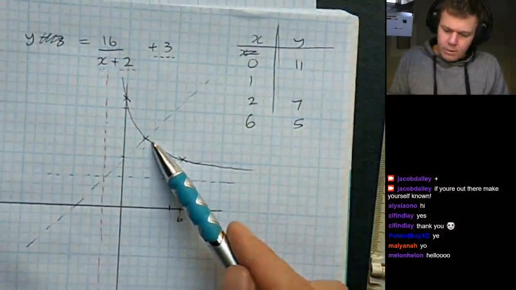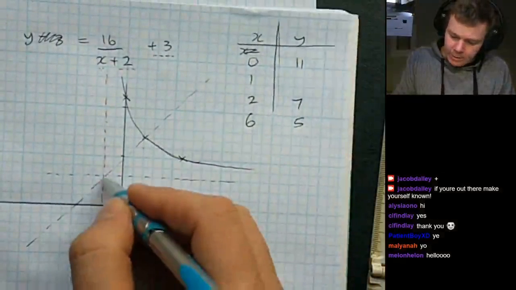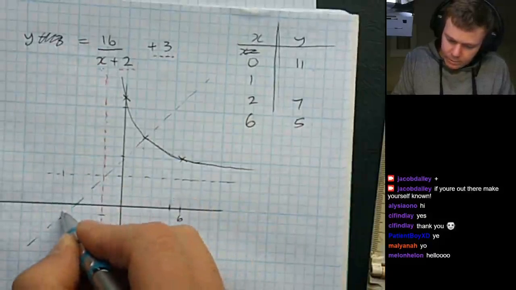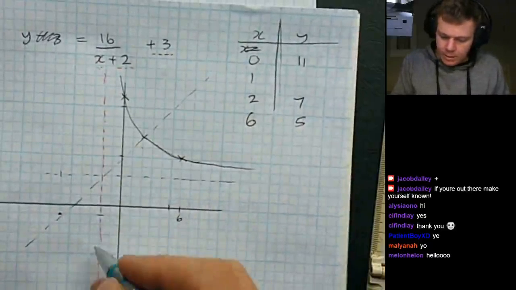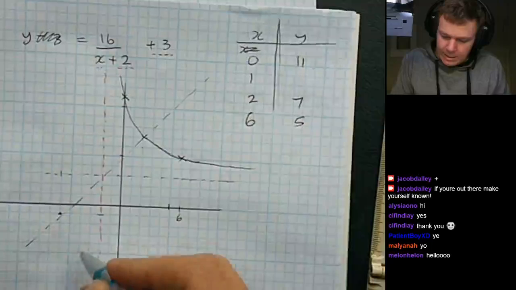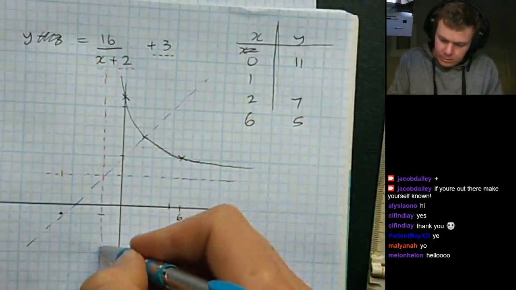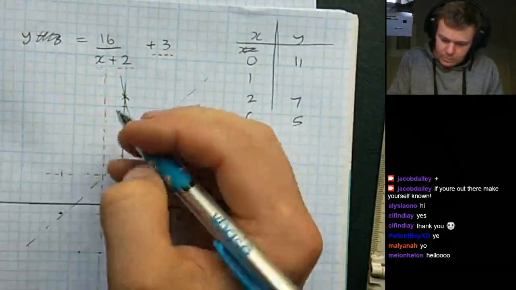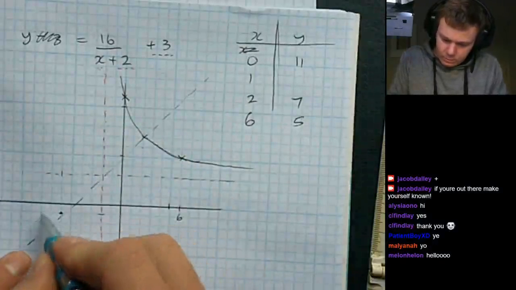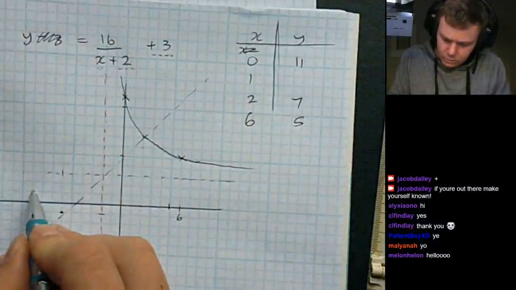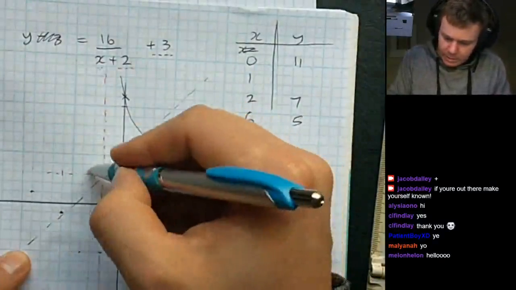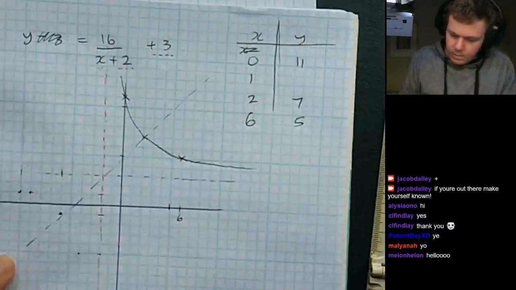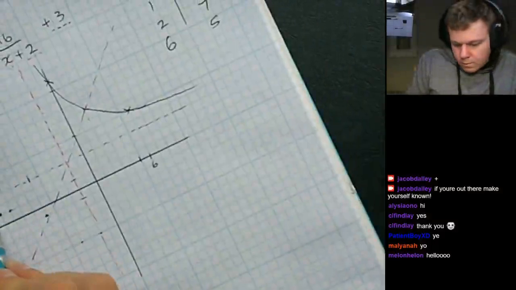So if we had a mirror image over the other side, it would be 4 this way, 4 this way. So you're going to have a point there, and you're going to have a point at 2 and 8. So there's 8, there's 2, 8, 2. So I'm just counting over. So there's 4, there's 8, there's 2. So you'll get